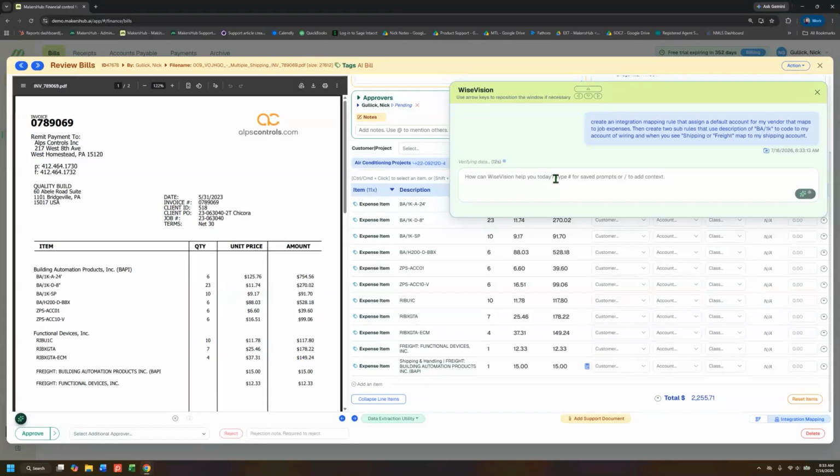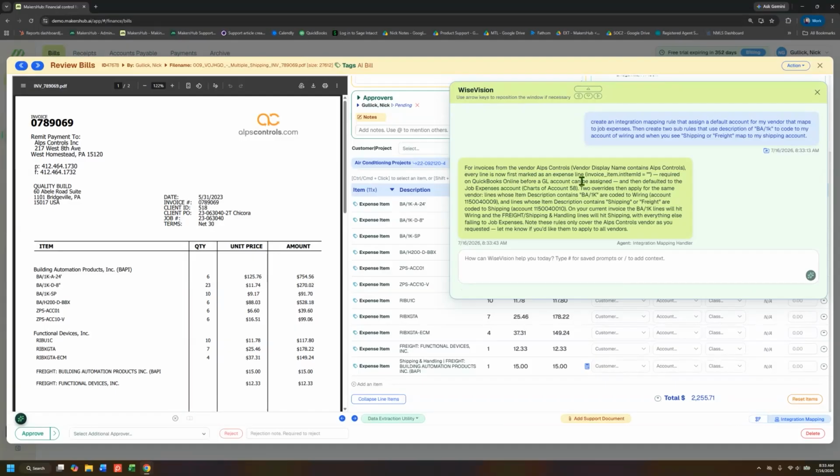So this can be done with recreating that rule you saw earlier with the PO number and my vendor equals a certain customer, job, or a certain class. And you can use this to create any of those rules you would normally in the integration mapping, but with just pure text, so you don't need to go in and do a bunch of them at once. So you see here, it spit out my